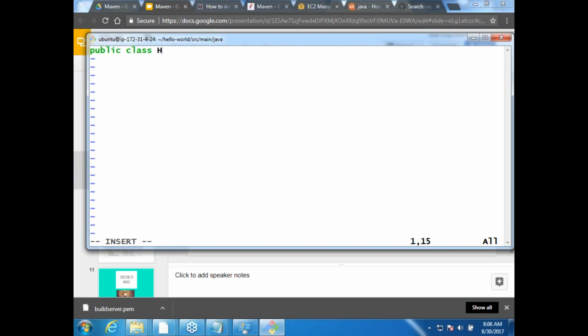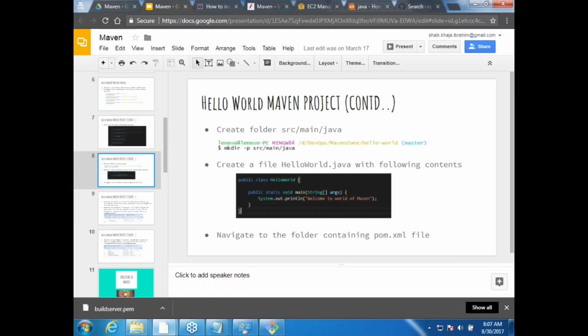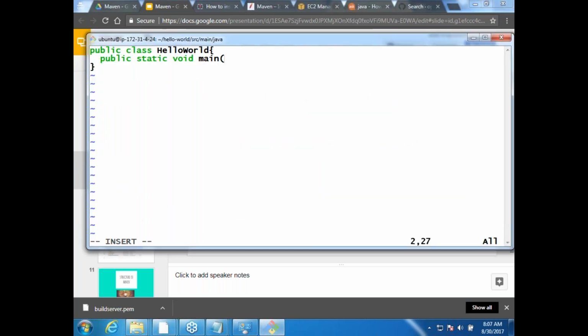Public class HelloWorld, and then public static void main of String array args.